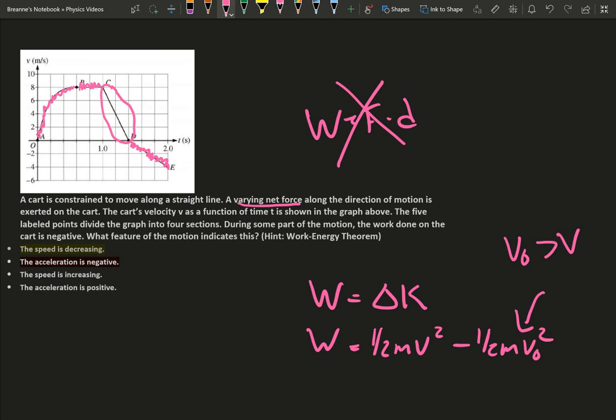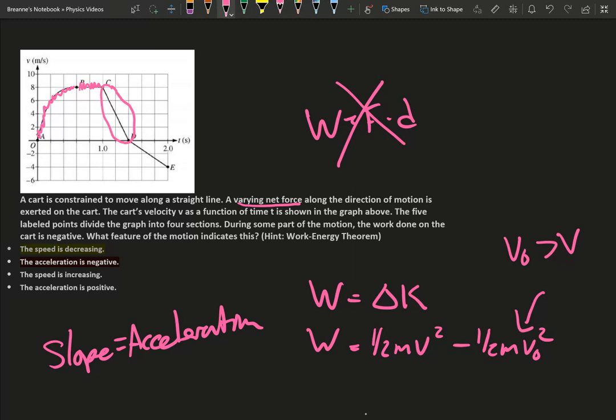Remember, for velocity-time, the slope is your acceleration. So anytime you have a negative slope, you're going to end up getting a negative